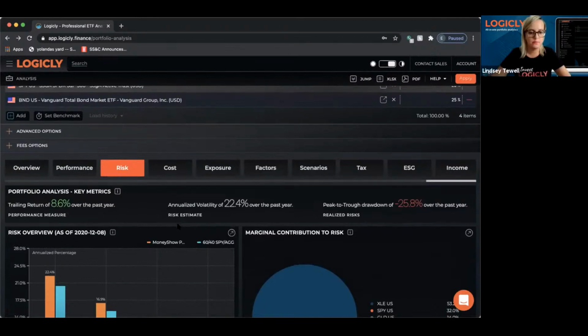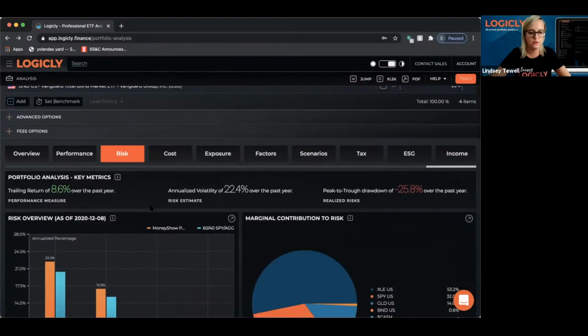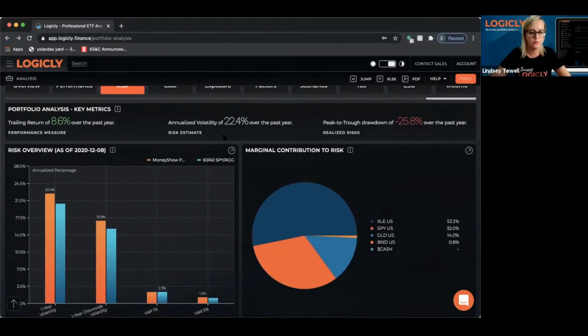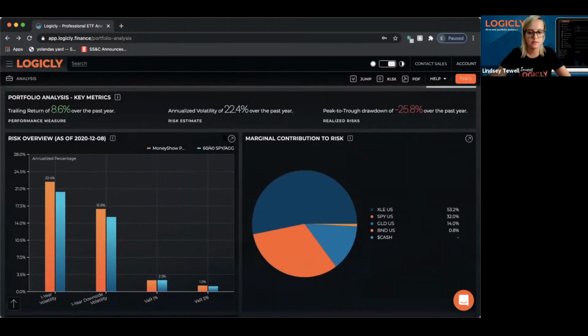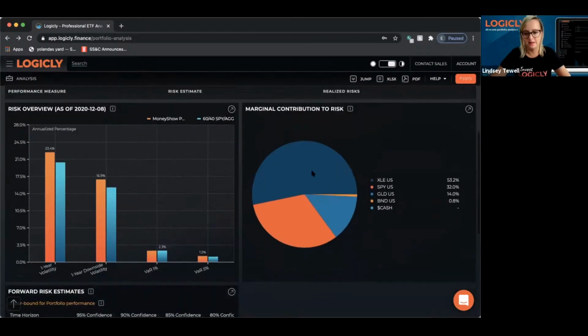Yeah, so we can look here at the standard volatility of the portfolio. These are standard risk metrics of a portfolio, so you can match that up to the risk parameters of the client. Also, what's interesting is the marginal contribution. You can see XLE, of course, is contributing the most to risk here.